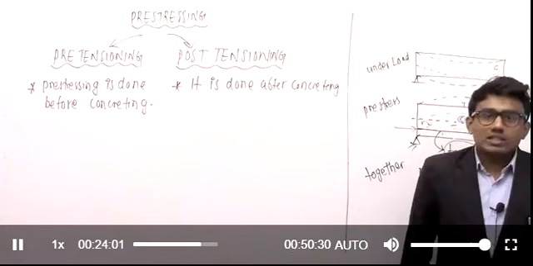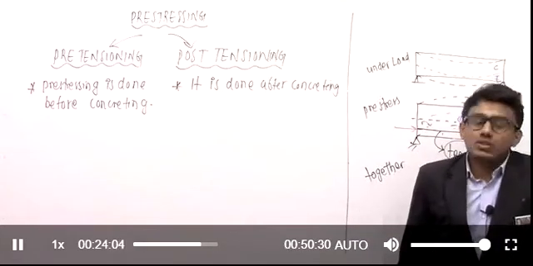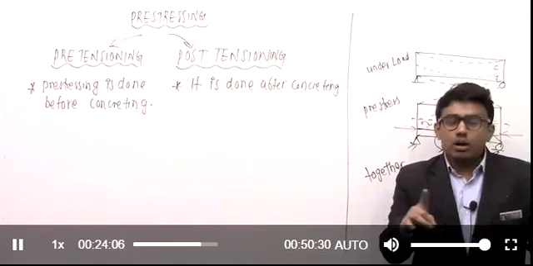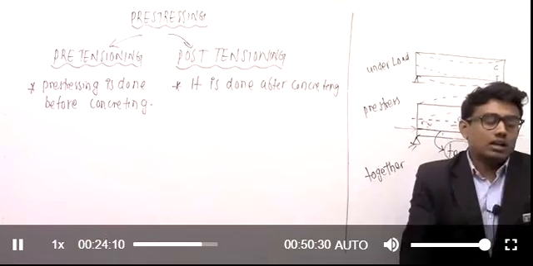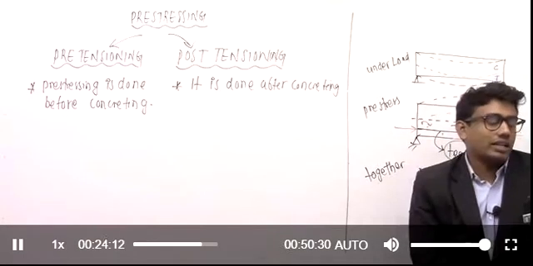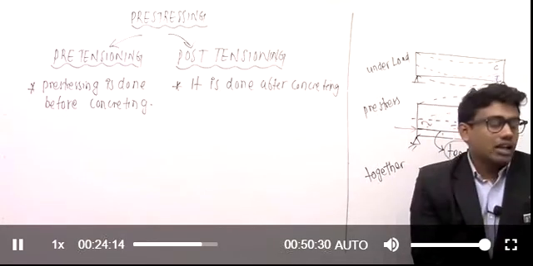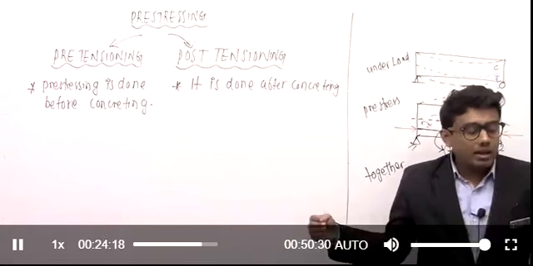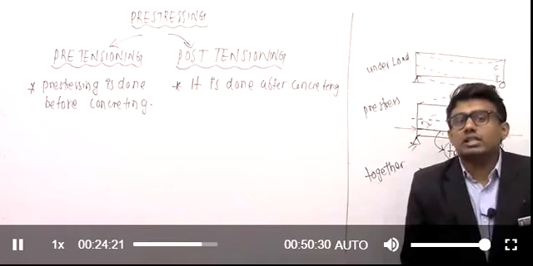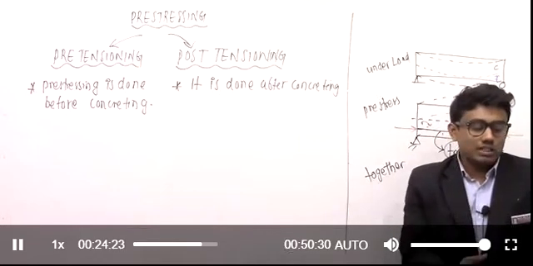What is the first thing? Just now I told you, there will be a pre-stressing cable. You can see it there in the blue arrow, right? We are just stretching it, and we will provide the jacking and the anchorage there. In the second figure, we will cast the concrete. And in the third figure, when we cut the reinforcement, compressive stresses will be generated in the concrete. Right? That's what is going to happen.